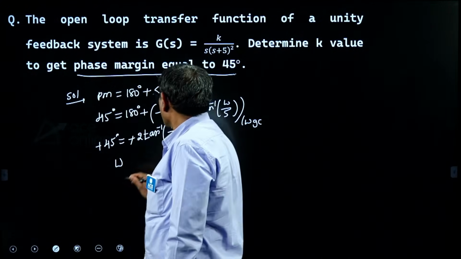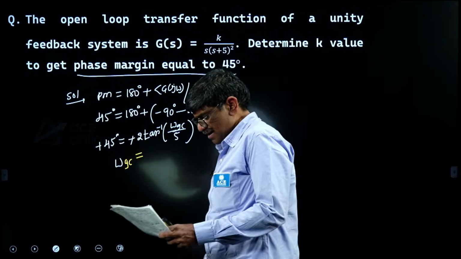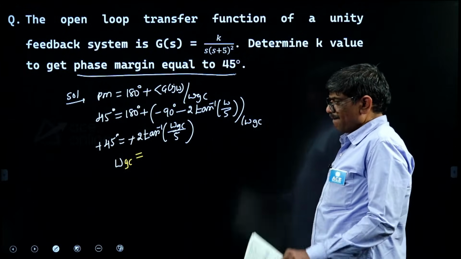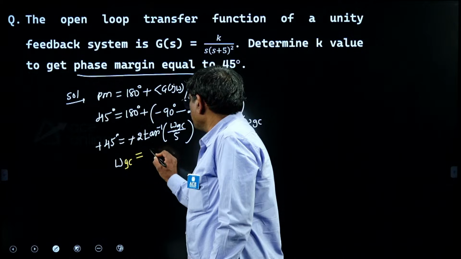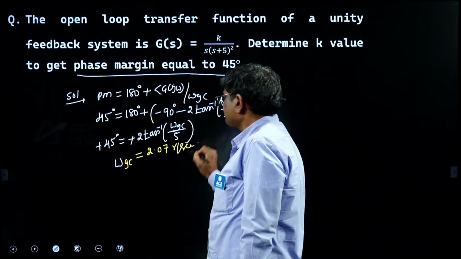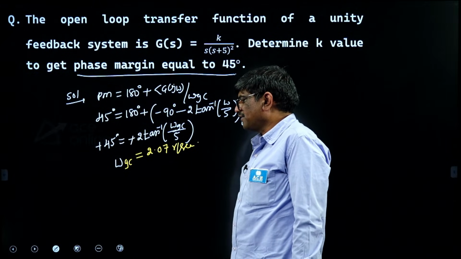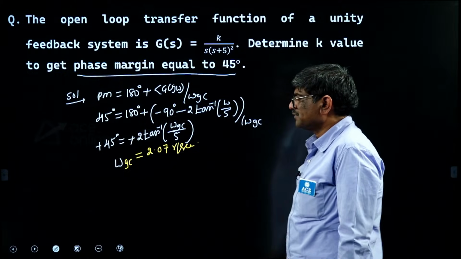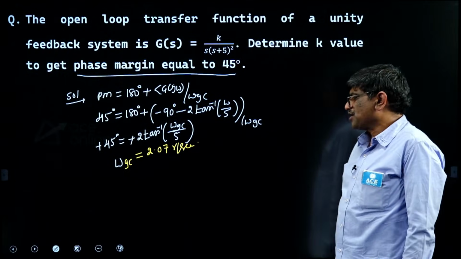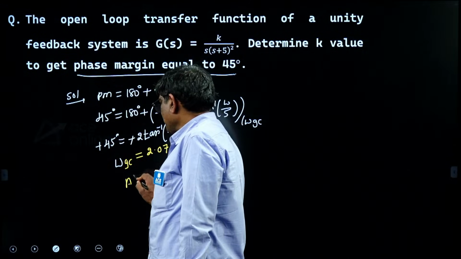Come on. So omega GC equal to, what is the answer you are getting? Omega GC, anybody? You get 2.07. Check it. Anybody got it? Then at omega GC magnitude is 1. Anybody answer? At omega GC